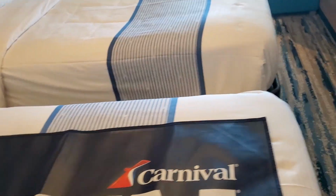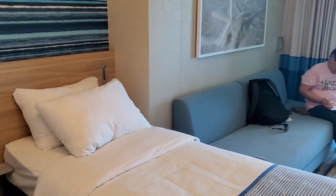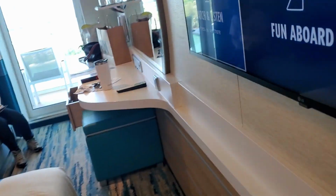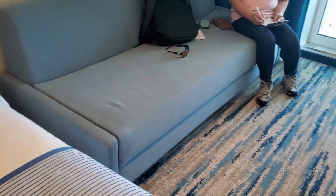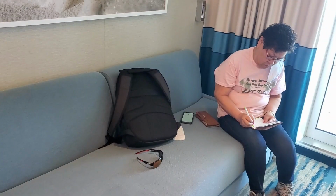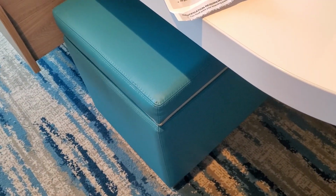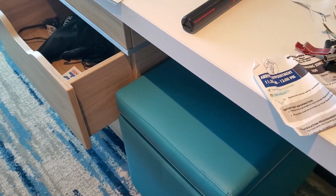We do have it split into two beds, which means the end tables go in the center there. You have USB and lights next to each bed. You got your TV, couch, vanity mirror. You got this that doubles as a tray or as an extra seat. Of course, your drawers,